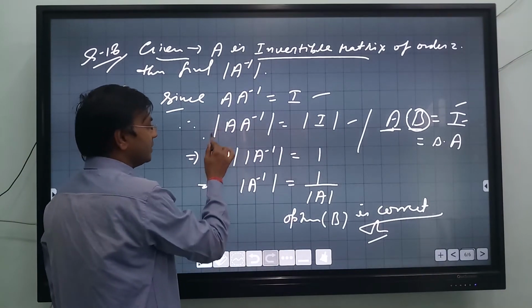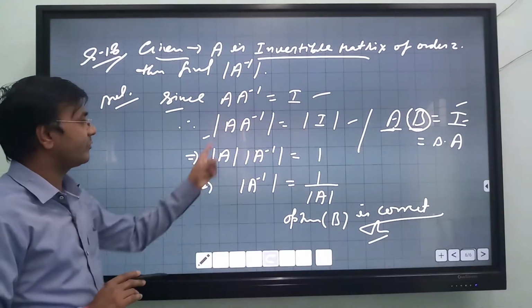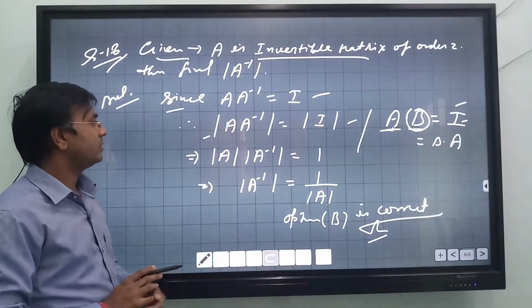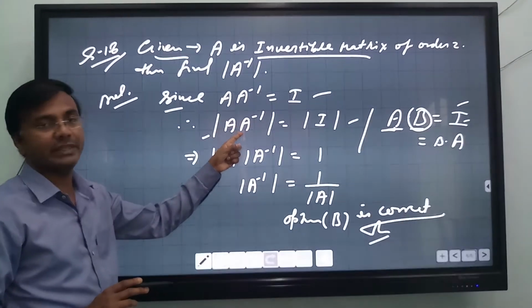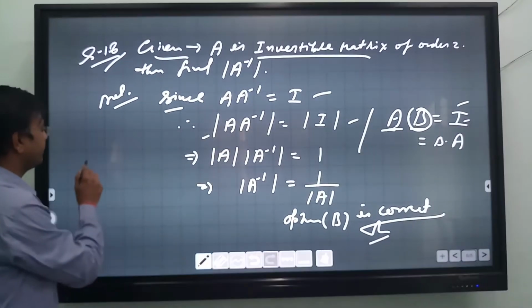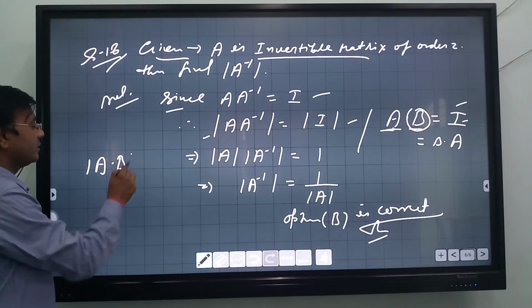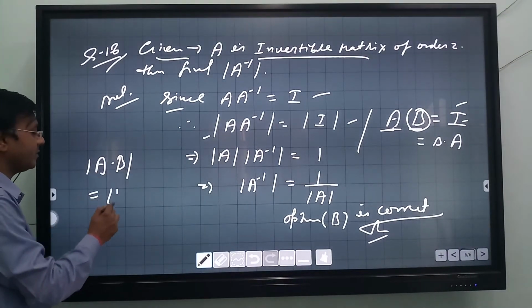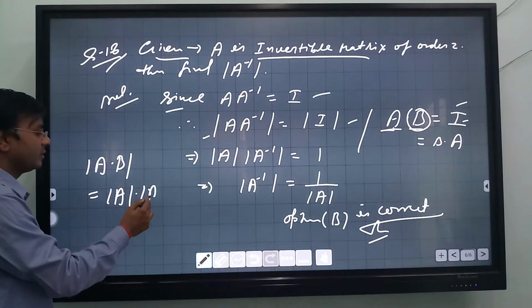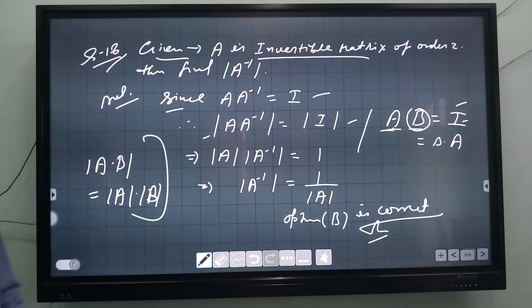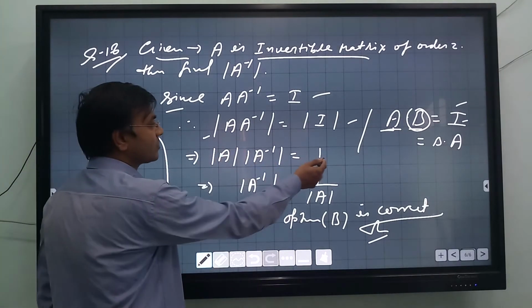determinant, then this is also the property of determinants. If two matrices are there which are non-singular and they are of same order, then their determinant can be written as separate determinant. Recall, A into B, non-singular matrices, they are of same order, then this will be, we have learned this property also. So we are using this result here. So determinant separately equals to